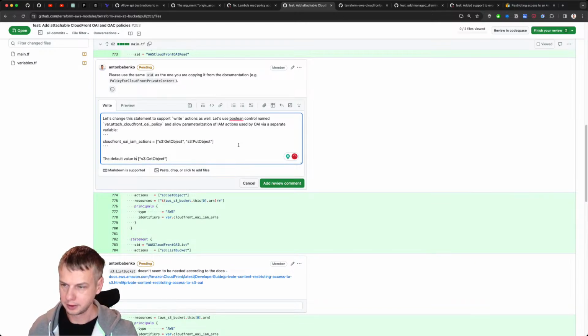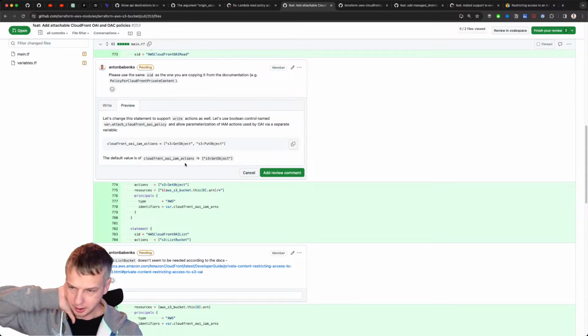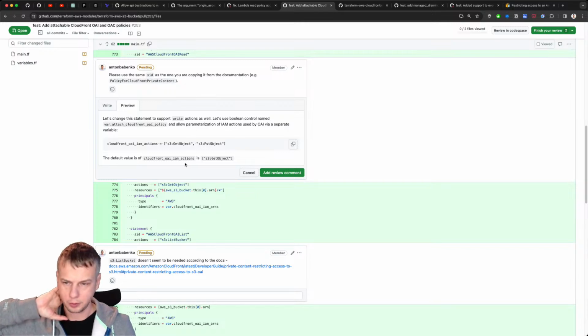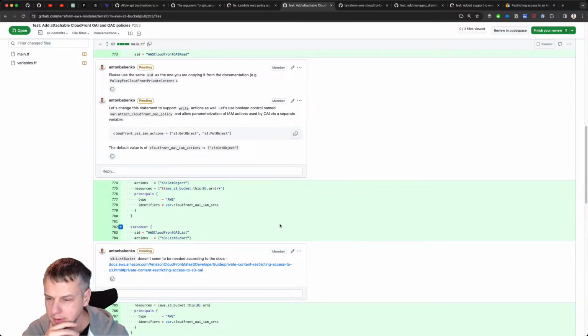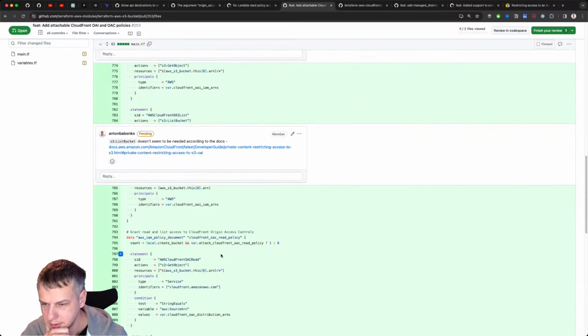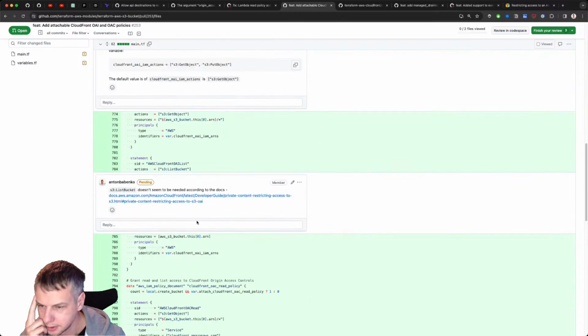The default value is something like this, right? So this way we can have it pretty flexible for both read and write. I think it's good. This one, I don't know, is it? It's not needed. Yeah, it's not needed for this one.